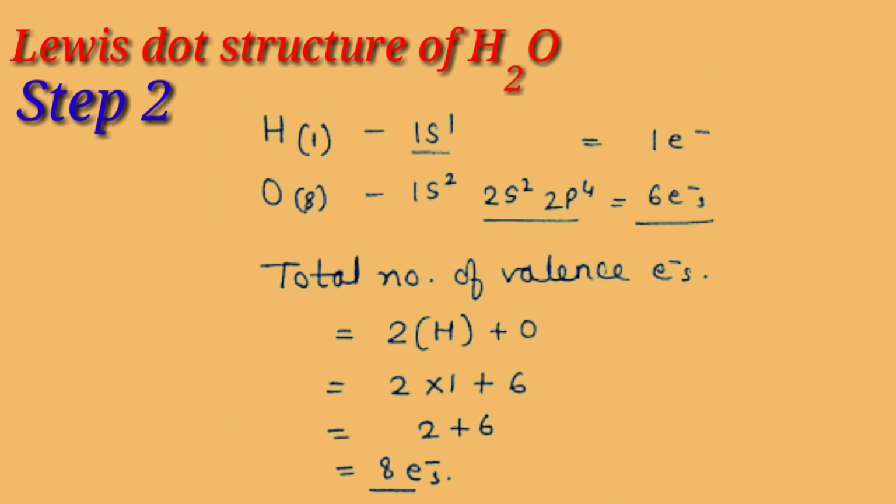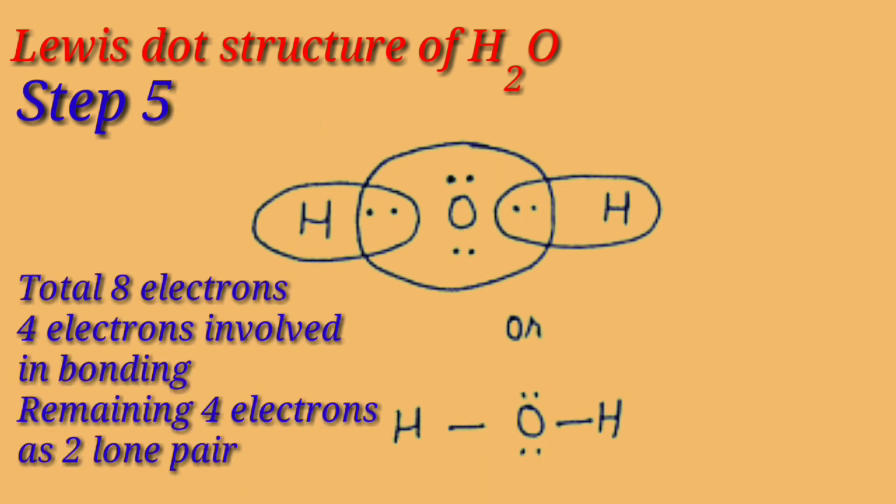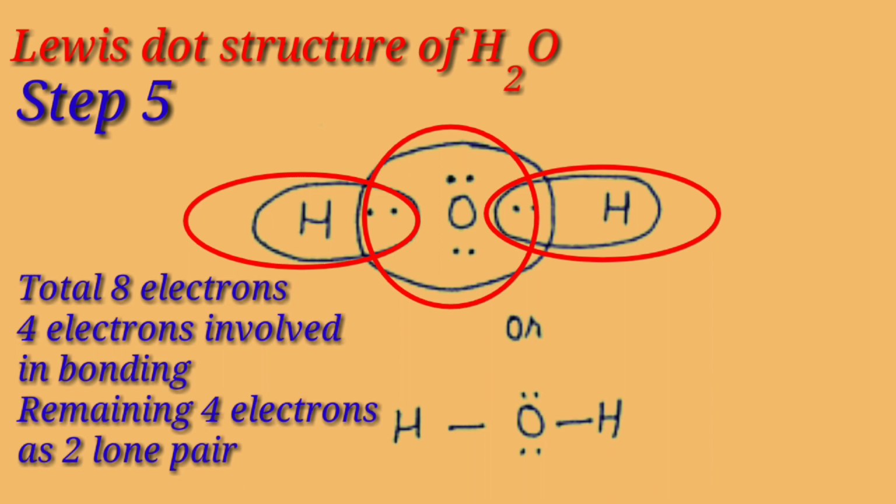In next step, we need to draw single bonds between central atom and surrounding atoms. Then in the next step, we need to place remaining electrons in pairs around appropriate atoms. So we need to start with outer atoms. So over here, 8 minus 4 is equal to 4 electrons left, 2 lone pairs to add. In this example, the 2 lone pairs must go around oxygen.